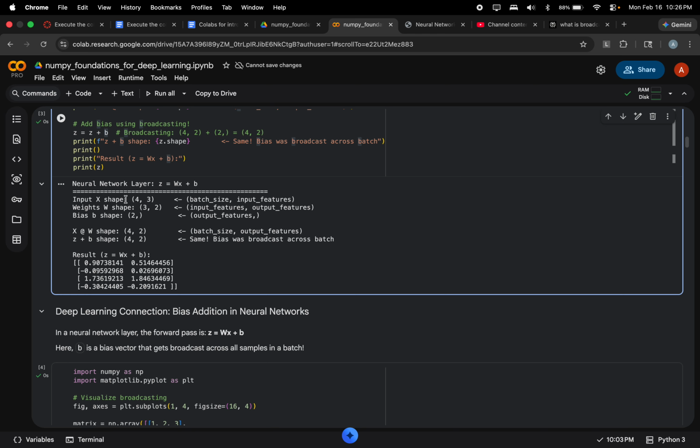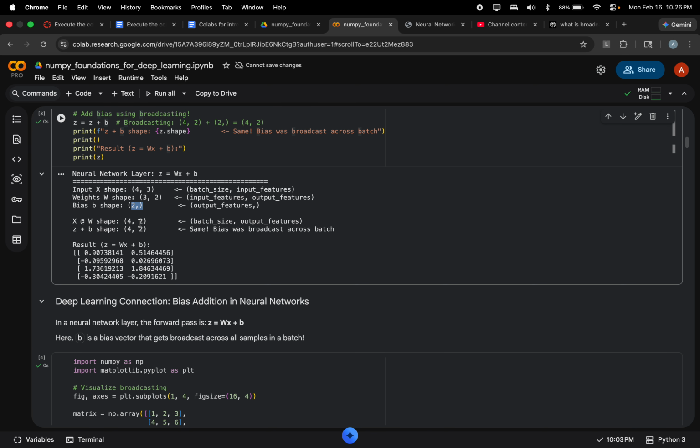So the input matrix is 2 cross 3, weights is 3 cross 2. As I mentioned, the inner number should be the same for the matrix multiplication to happen, and the output will be 4 cross 3, and here the bias is 2 cross 1. So first we'll do the matrix multiplication. X multiplied by w, we got 4 by 3. This is the z value. Then this z is added with the bias,